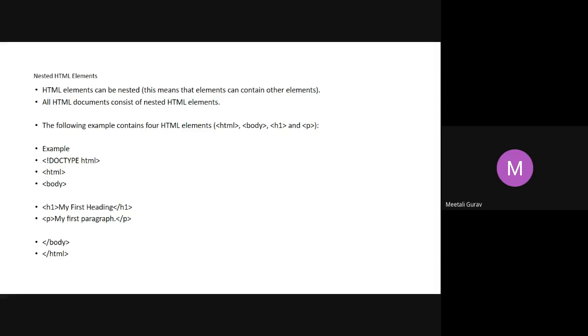Tell me, what are HTML elements? HTML element is a root element. What is the function of that root element? It defines the whole HTML document. Okay, what does that HTML element contain? Start tag, some content, and end tag. Yes, correct. It contains a start tag, some elements and contents, and then an end tag.